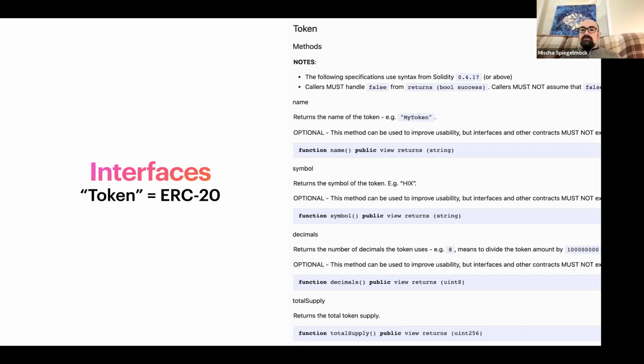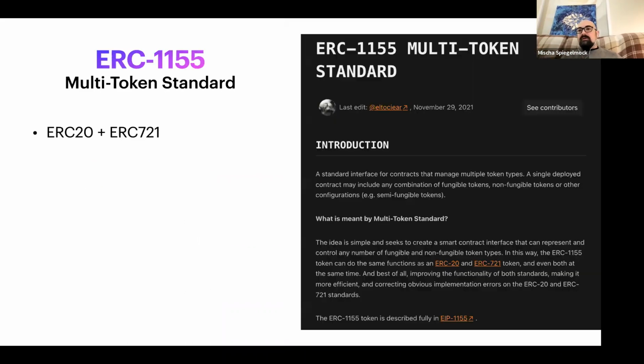And then you have the total supply. And I think there's a few other pieces to the interface, but the total supply is the number of tokens in existence. And then you can ask anytime, how much does this person hold of the total supply? And ERC 1155, I don't know too much about it, but it basically is ERC20 plus ERC 721. I think it'll be more popular soon, we'll see.